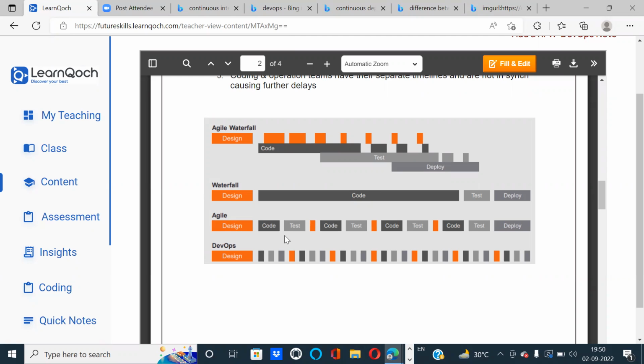Okay. And what does DevOps do? DevOps is deploy also. Test, code, test, deploy, and then design. Deploy. So by deploying, according to the customer satisfaction,